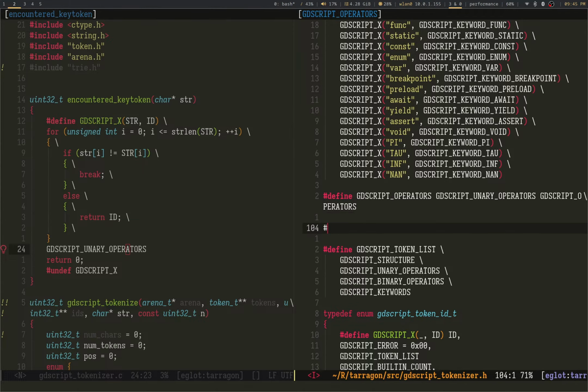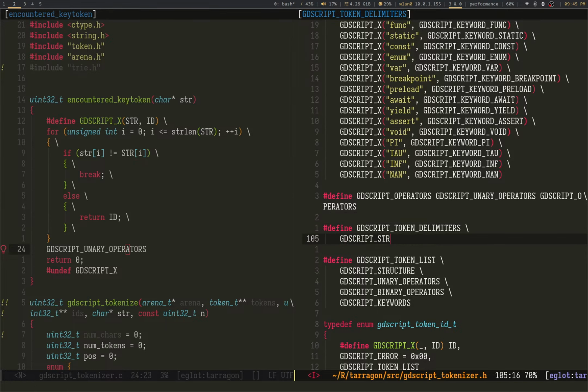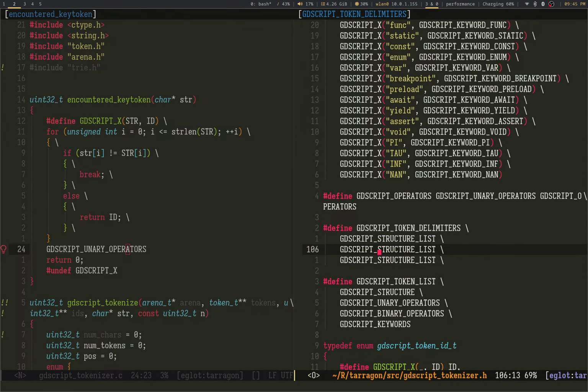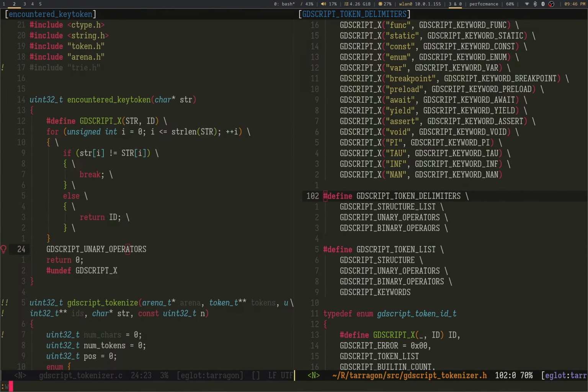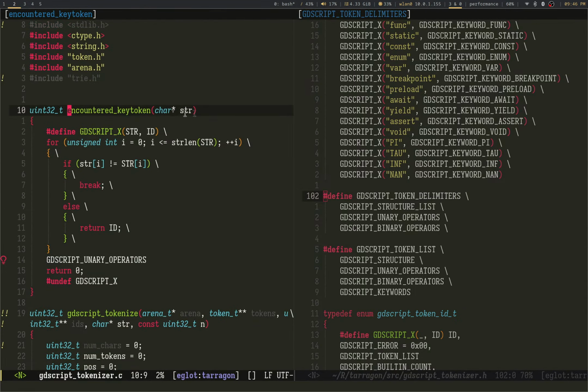This is actually, we can define this to be the define GDScript token delimiters. Nice, nice, loving it. GDScript structure list and unary operators. Counter key token and counter, change that to delimiter.